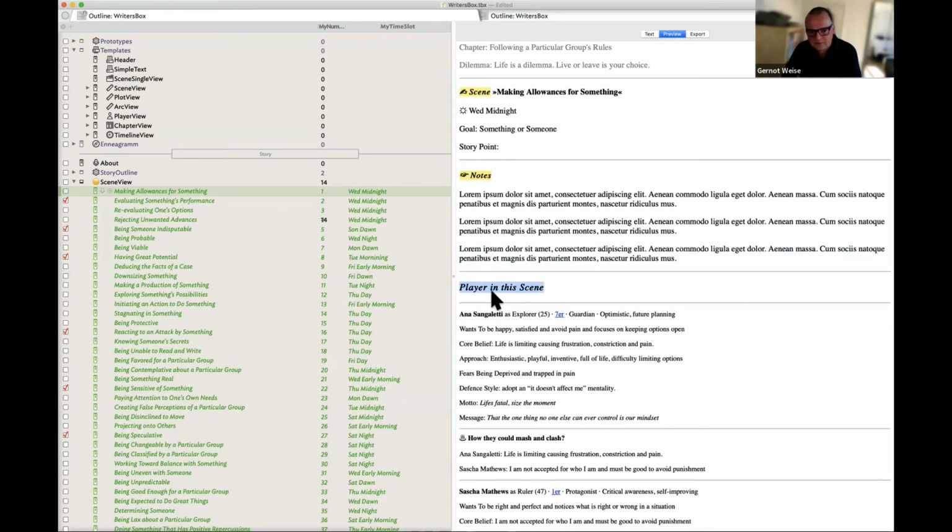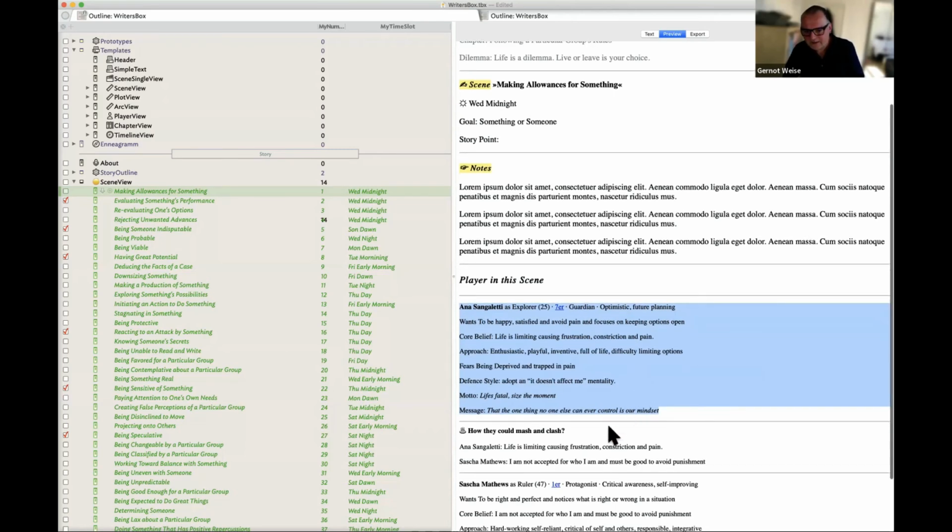This is why there's another attribute called My Cast, and I assign for every scene the cast who are playing in the scene, and then I print here the attributes or the behaviors or the character traits for every player.